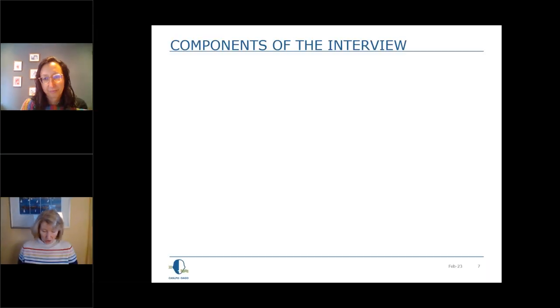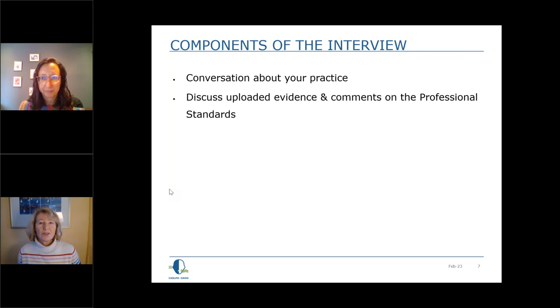So when it comes to the interview, what is this involving? Components of the interview really start out with you and the peer assessor having a conversation about your practice. They will have read what you wrote in the practice description. They would have looked at all of your evidence and the comments that you added in. And it's this opportunity to have a chat about how you practice, the kinds of patients you work with, and